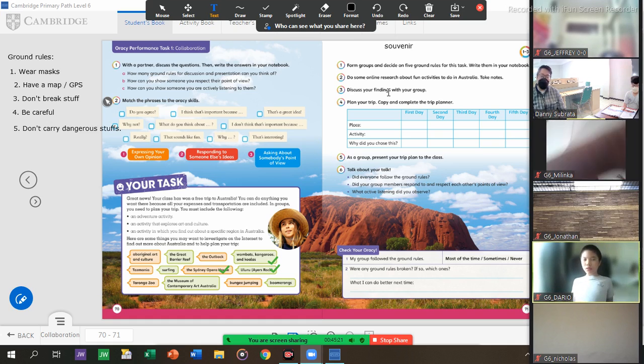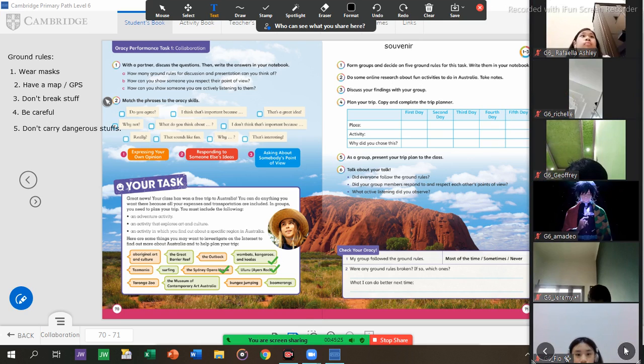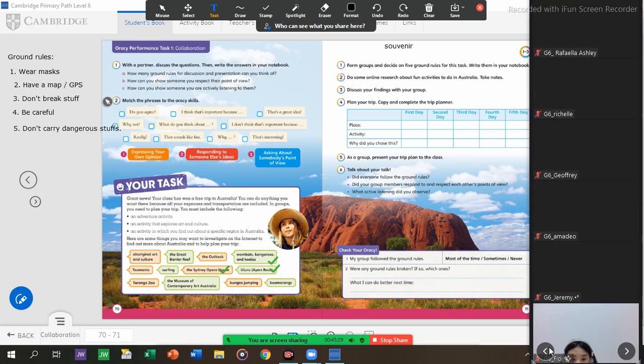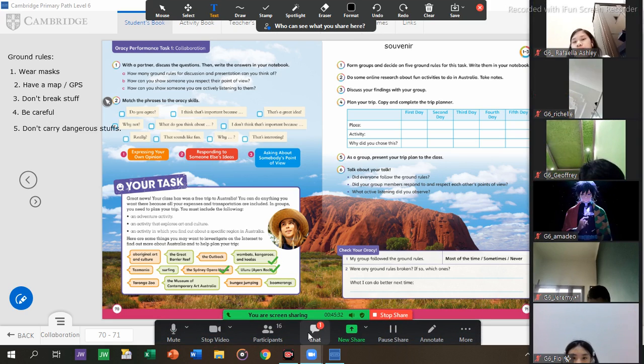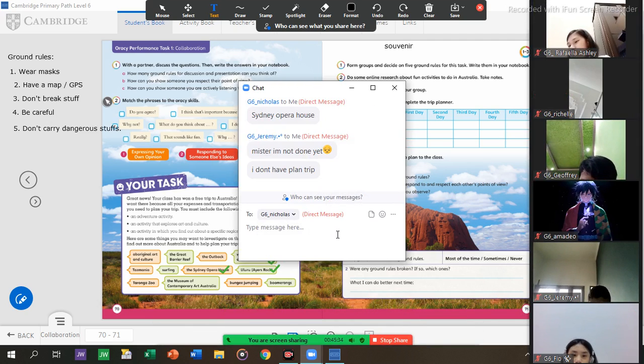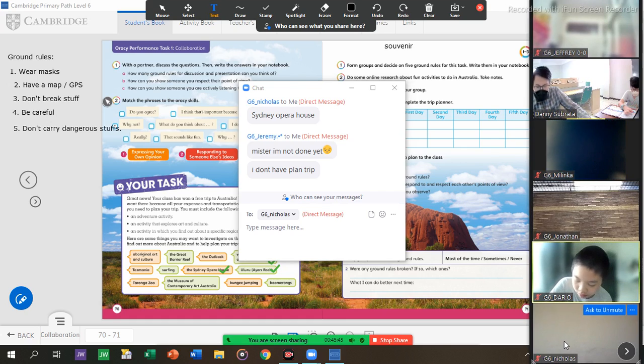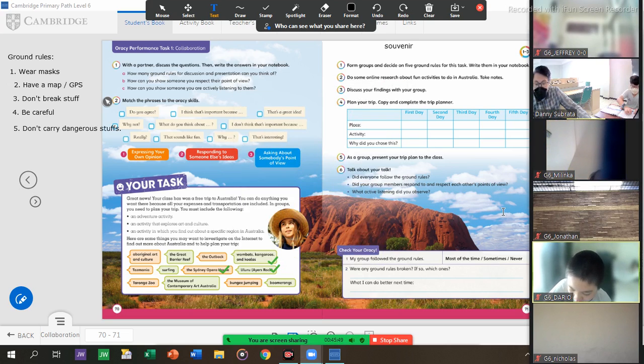We still have 4 more minutes. After that, I will choose only one person. I am sorry because we don't have too much time. Can I just do the zoo in Australia and Turkey? Do we photo it or do we present it? You present it. You do not take a picture of it. You tell it in front of everyone. Okay, try your best to have a planned trip.